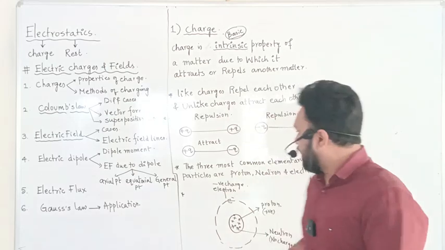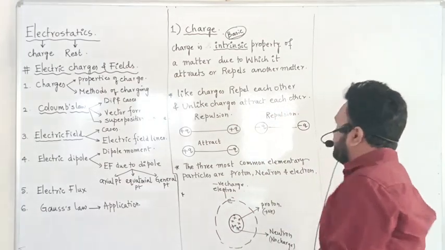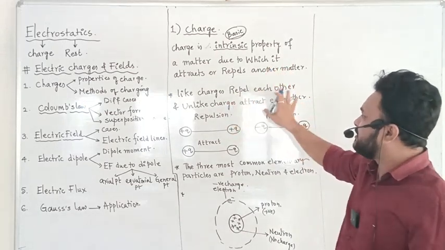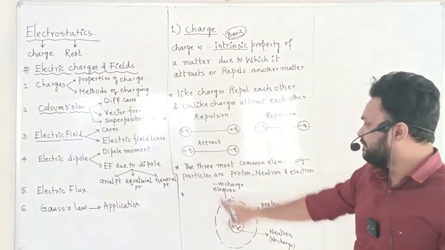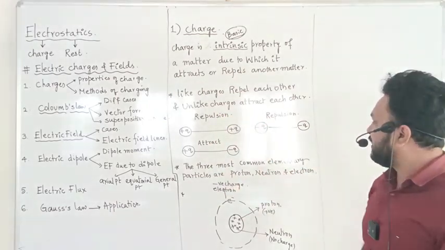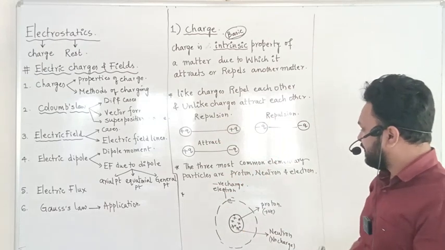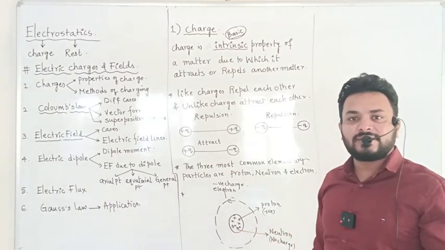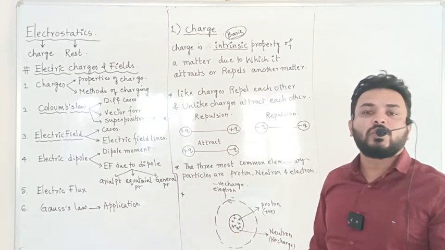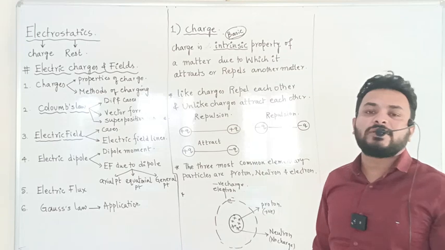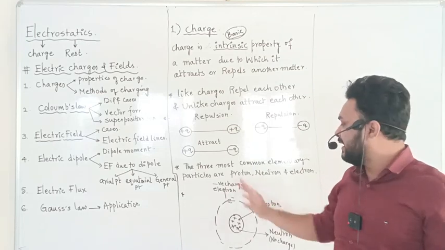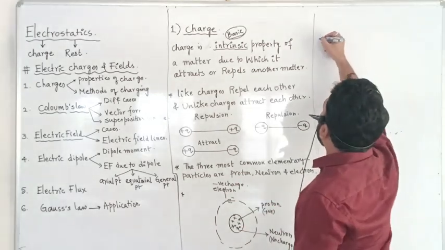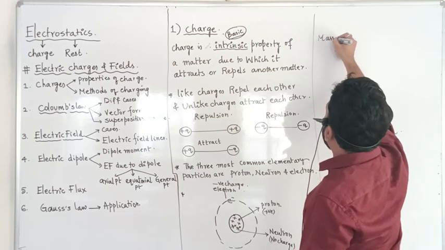So in charge we have seen three points. First is the definition, how like charges repel each other and unlike charges attract each other. Next, the three most common elementary particles are proton, neutron and electron. Now, in the structure of an atom, the nucleus is present at the center, containing neutrons and protons. Protons are positively charged, neutrons have no charge, and electrons are negatively charged. Hence, if I ask what is the mass of an electron, mass of